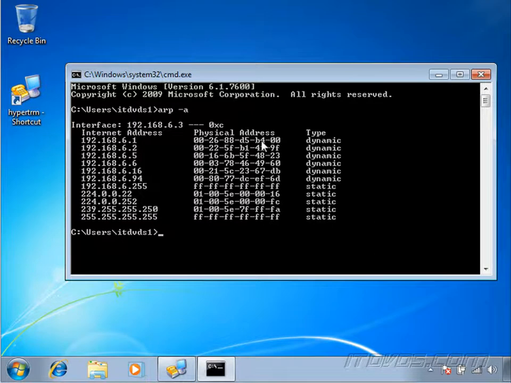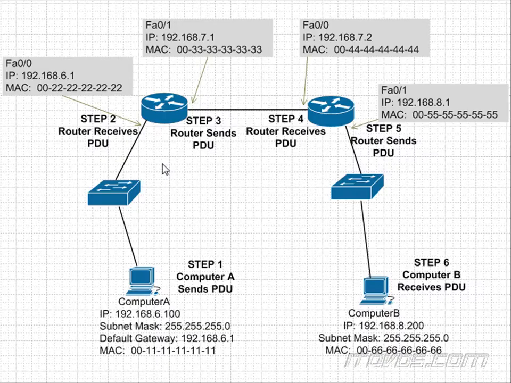And this is a real example of a MAC address. In our diagram, we're just going to use a fake MAC address just so it's easier to look at. And in our example, we're going to act like the MAC address is not in the ARP cache of desktop A. So let's go back to our diagram. So computer A looks in its ARP cache, and again, in this example, doesn't have the MAC address for the default gateway, which is